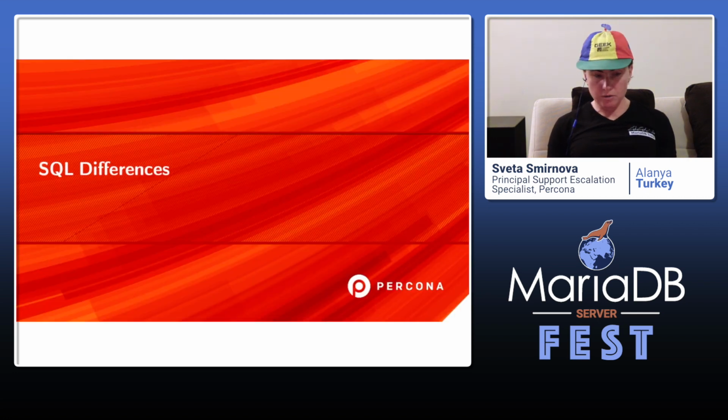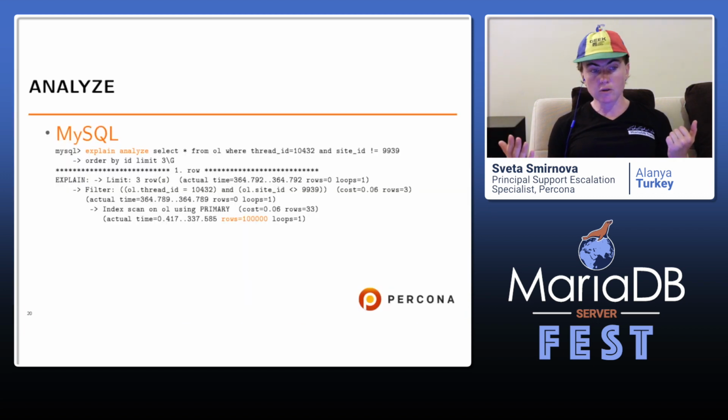SQL differences. This is mostly about how to work. We have similar features, but you have to run different SQL. One of these is EXPLAIN ANALYZE, which is in version 8.0. This is an extension of the EXPLAIN statement. The EXPLAIN statement by default doesn't execute anything.